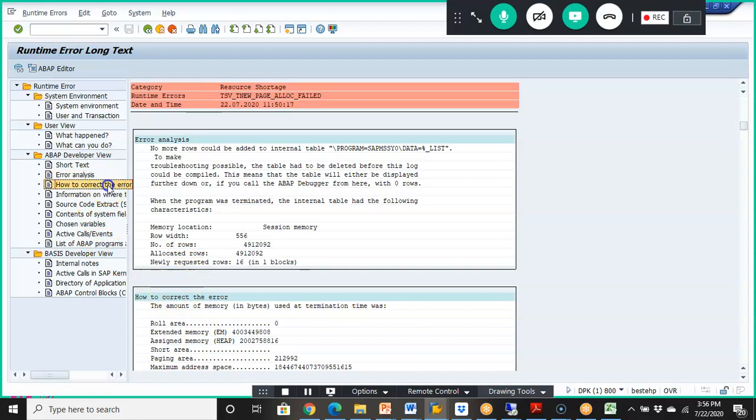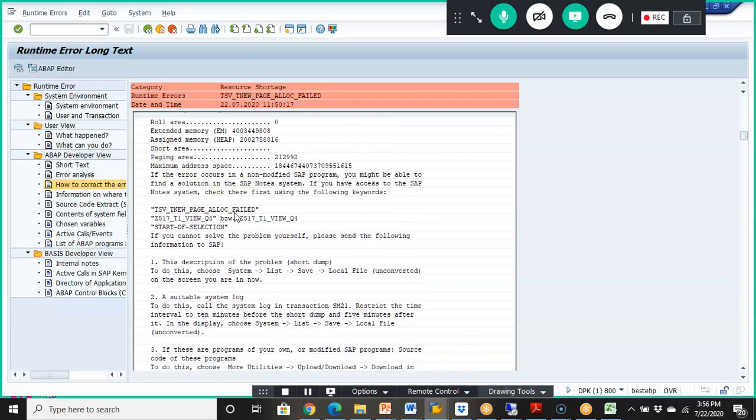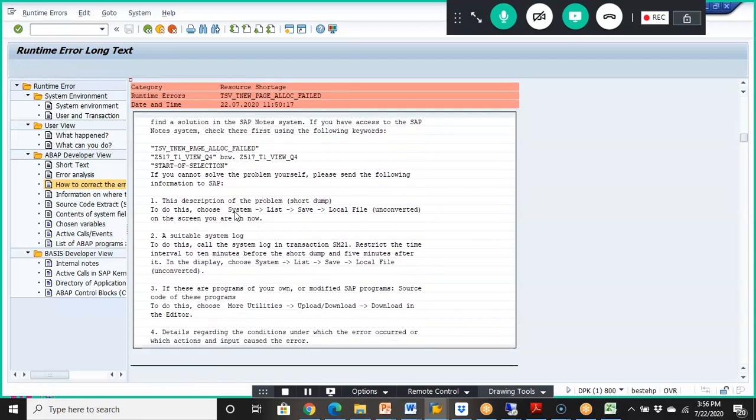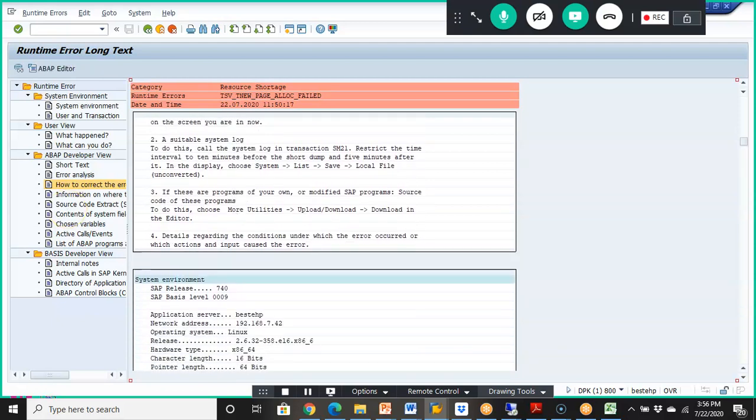You select this and you get it. Role area, extended memory this much, assigned memory, heap memory is this much, paging area is this much. So all these are the details. If you go through them, we will be able to understand and fix it by going through the how to correct the error information.